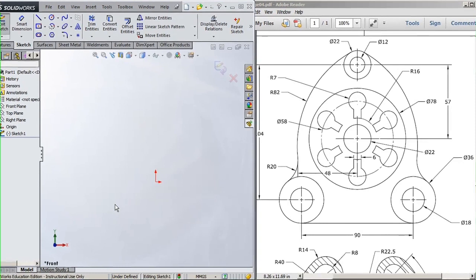Now I will remove the option of creating dimensions with the entity. For this, right click, and here you can see, uncheck this option. Now you can see this is unchecked. So now whatever entity you create, you don't get a dimension. I'll go and choose an arc from here,